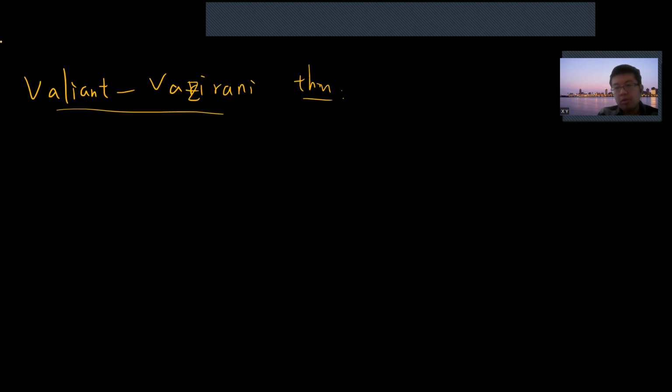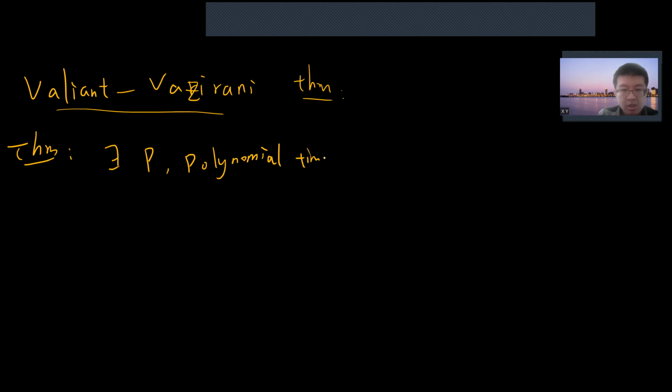Okay, so the proof is very long and it's not very difficult, but it goes step by step. There are a few steps. So let me just state the theorem. The theorem says that there is a probabilistic polynomial time algorithm A, such that for every Boolean formula phi,